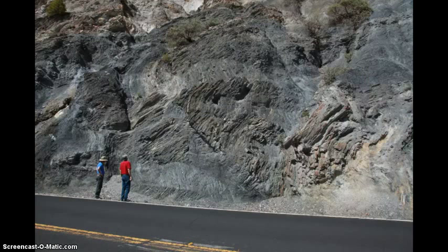This gives you some idea of what happens to the layers when they're metamorphosed. They get really twisted. They change their shapes, although the overall formations don't seem to change their shapes. The exterior seems pristine. The inside seems to get warped. Where there's not a road cut, you can't tell this is going on. But where there is a road cut, you can see all of these changes to the layering during the